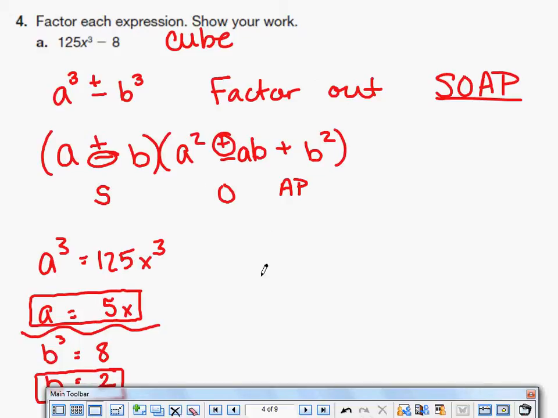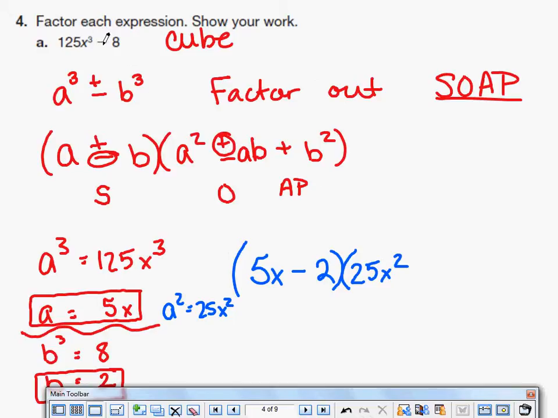So my a is 5x. In my problem, I'm dealing with subtraction, so I'm going to subtract my b. A squared, well, a squared is going to be 25x squared. I have to remember to square my coefficient and my variable. So that gives me 25x squared. This is the opposite, so the opposite sign is going to be addition. So I'm going to add